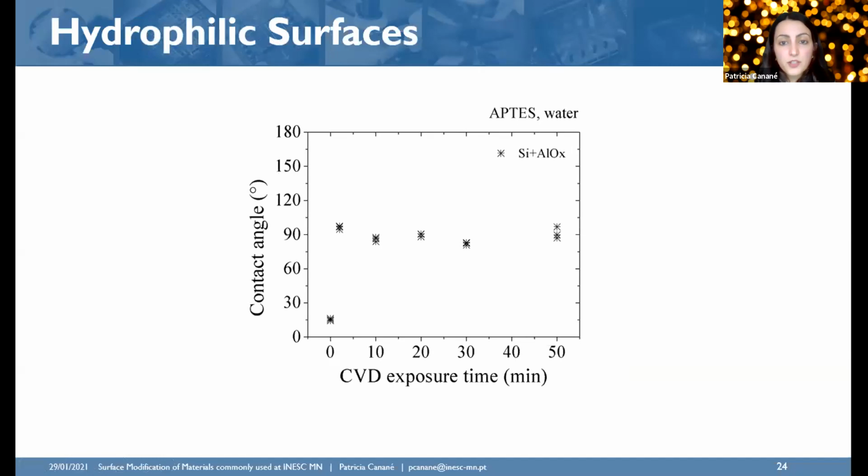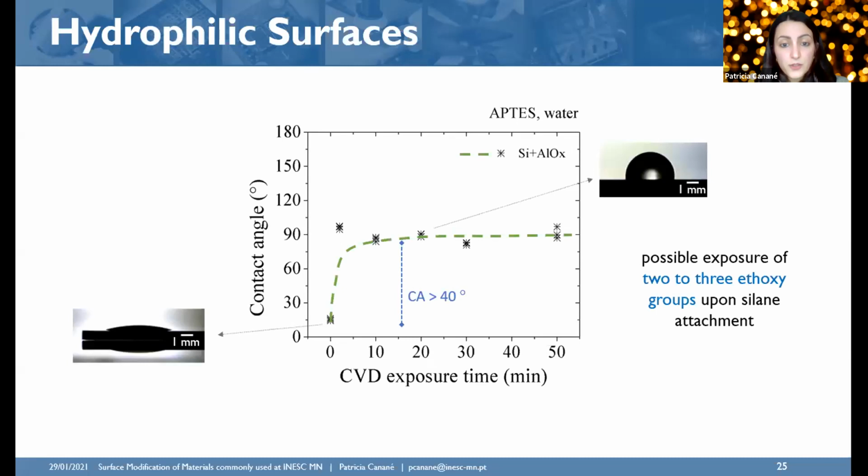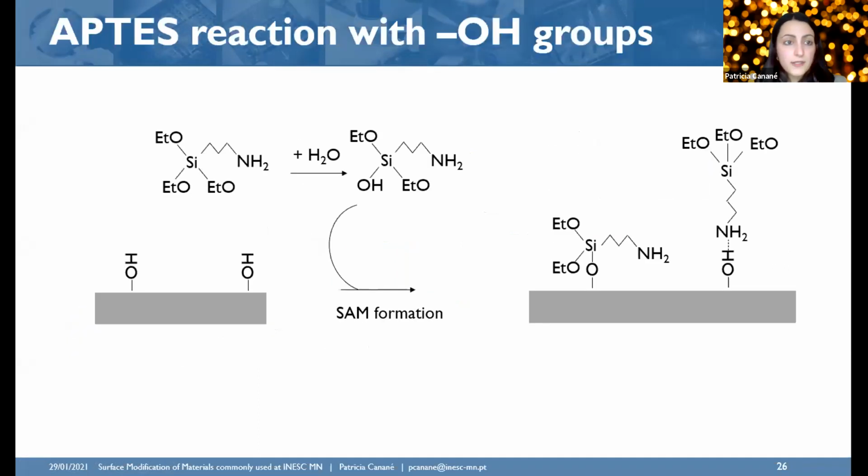From the substrates that I mentioned before in the hydrophilic group, only alumina was exposed to APTS, and we observed that the contact angle increased more than 40 degrees, which indicated that possibly the APTS molecule was reacting in a different way than published in the literature. So basically, APTS is this molecule, which is very hygroscopic, which means that it reacts very easily with water, suffering hydrolysis. And normally what happens is that after hydrolysis, this molecule establishes a covalent bond with hydrophilic surfaces.